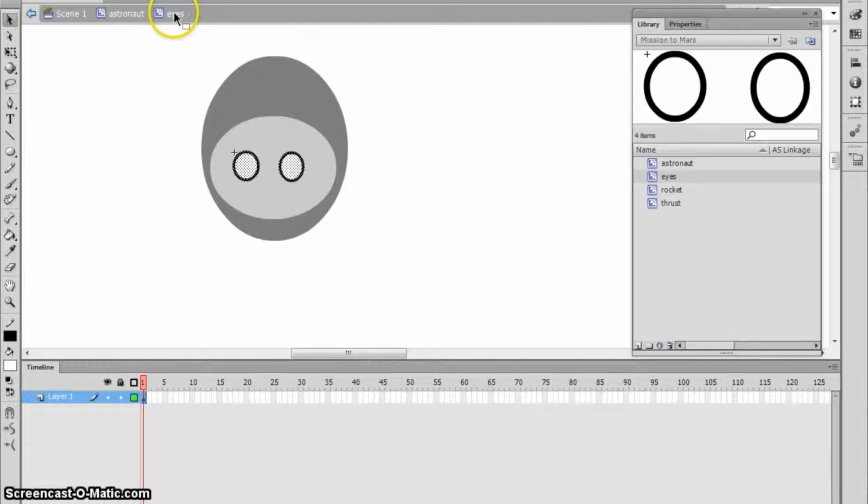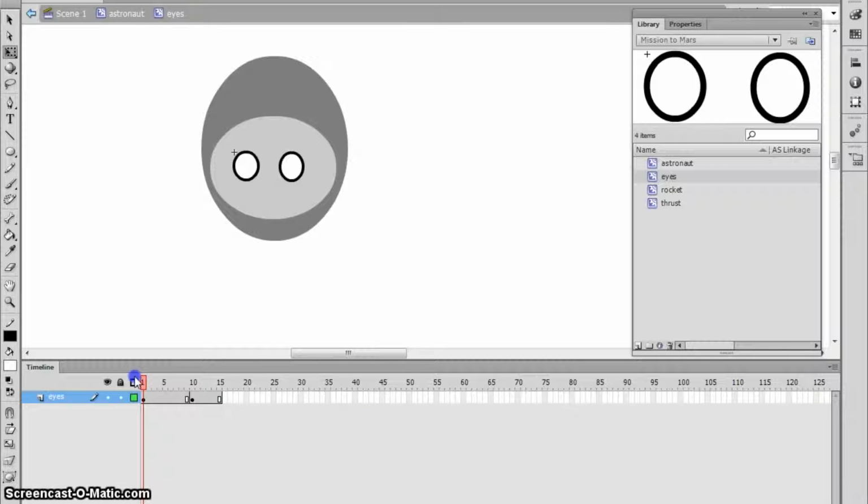There we are. We're now inside the eyes clip. In the first frame, let's just rename it. In the first frame, the eyes look like that. After 9 or 10 frames, F6, I'm just going to try to make them look like they're blinking. That's all. They go like that. So, boom, boom. And they stay like that for maybe 5 more frames. They don't change, so just F5, just to keep that shape on the screen for a few frames before we